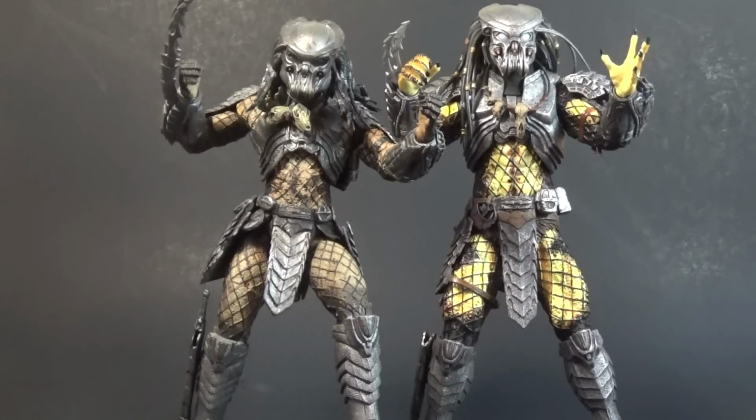And here's a comparison of the two Celtic Predators side by side, McFarlane on the left, NECA on the right. I don't know if it was really even necessary for me to say that because the differences are night and day. It's really funny seeing NECA's version next to the McFarlane because NECA had made a big point that they'd slimmed down their version of the AVP Predators to not make them quite so football player looking like they did in the movie, but NECA's version is still much bigger and beefier looking than the McFarlane,